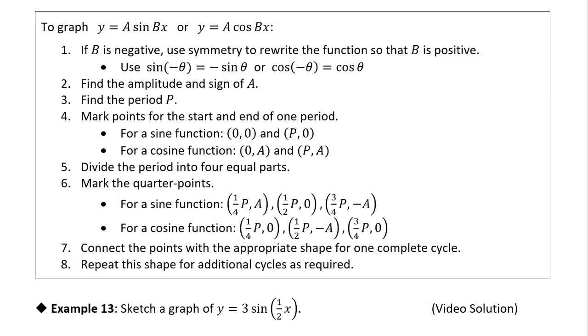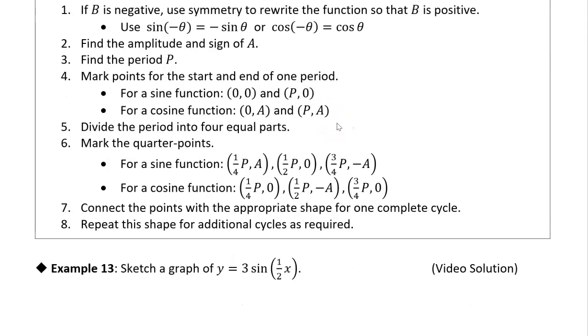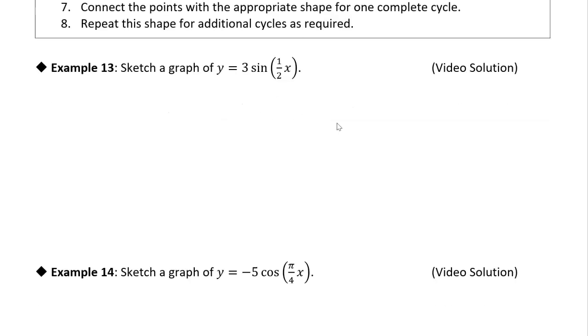All right. In the next couple examples, we're going to graph some sine and cosine functions that have a combination of both an a and a b value. And so I wrote out a little bit of instructions on how to go about this. But rather than me reading this to you, it's probably better to demonstrate the process by going through this example here. Okay, so in this first example, we're asked to sketch a graph of y equals